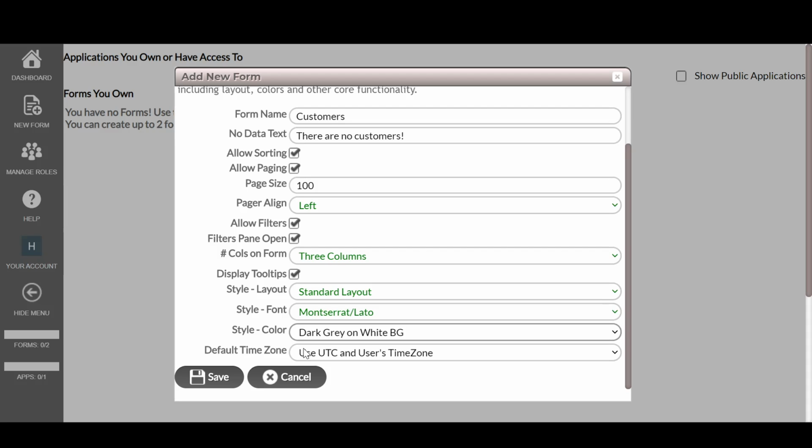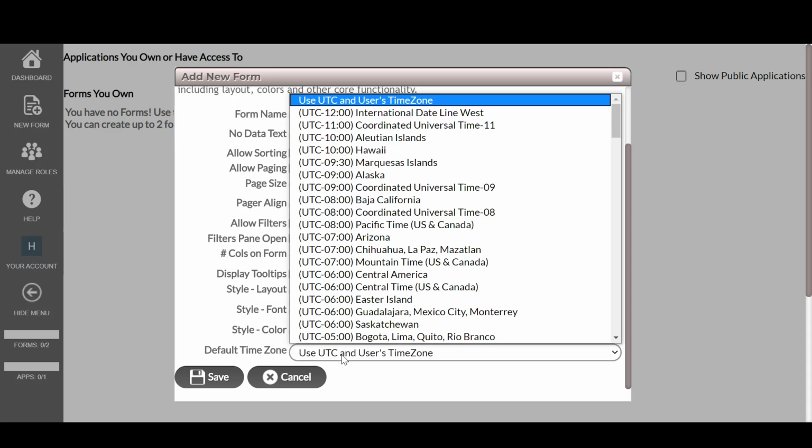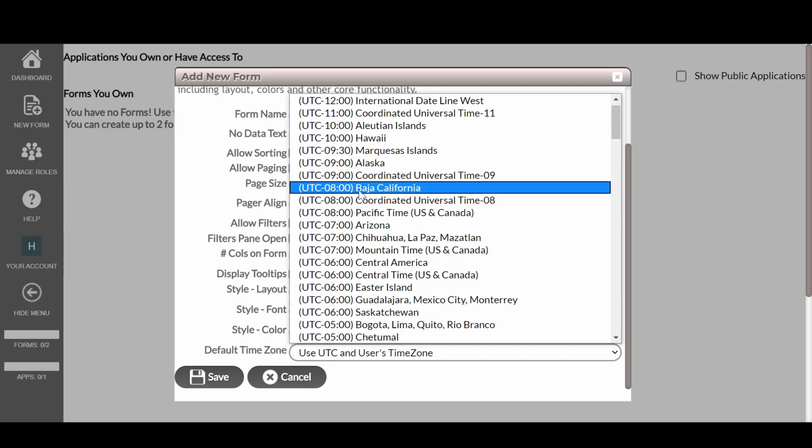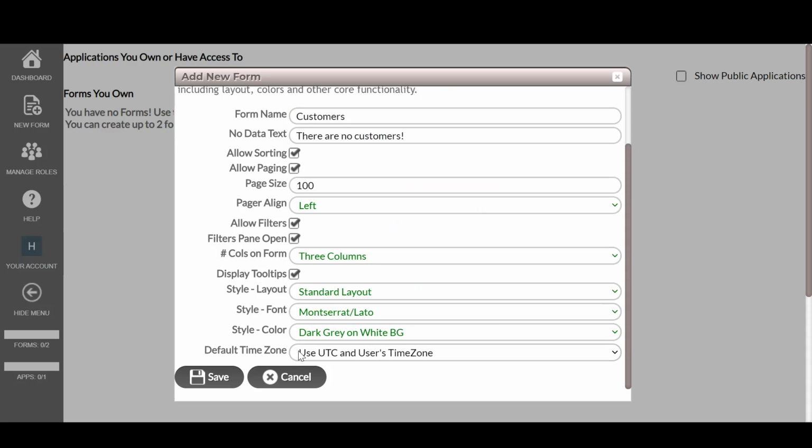So let's say now someone from the East Coast comes in and looks at that date time. Instead of seeing 3 p.m. Pacific, they'll see 6 p.m. Eastern. You can actually make things localized if you wish. You can change it to whatever time zone you wish, but for the most part, this can be just left as default. If you do change it, what would happen is everything would be saved as the time zone in